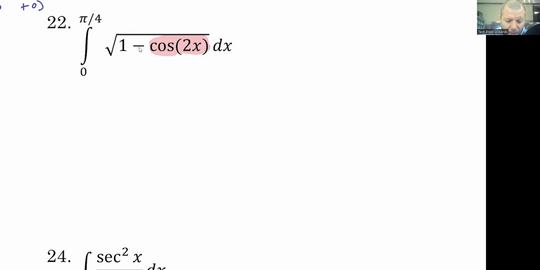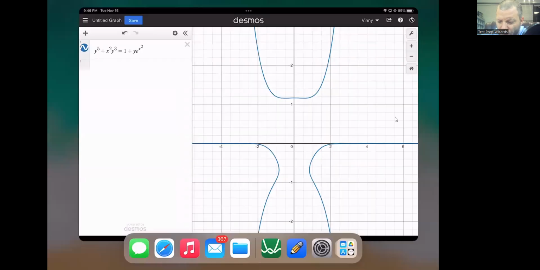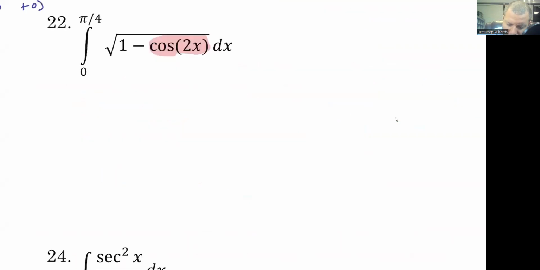If you look back at the cosine 2x rules, we have cosine of 2x, which is equal to 1, 2, 3 different things. Which one do I want? Well, I have 1 minus something. So if I look at this one here, 1 minus 2 sine squared of x, oops, that's just a random graph, awkward. If I look at changing this to 1 minus sine squared of x, well, now what ends up happening is that I end up with 1 minus 1,